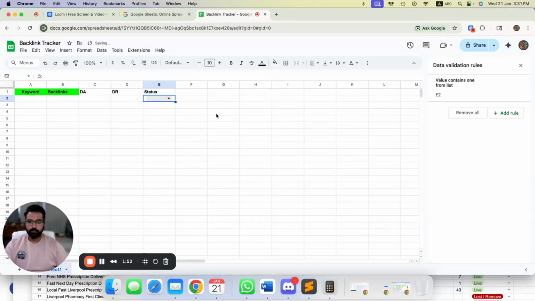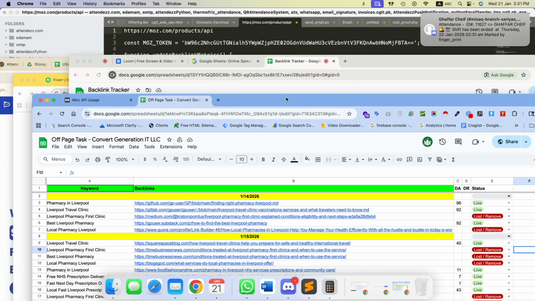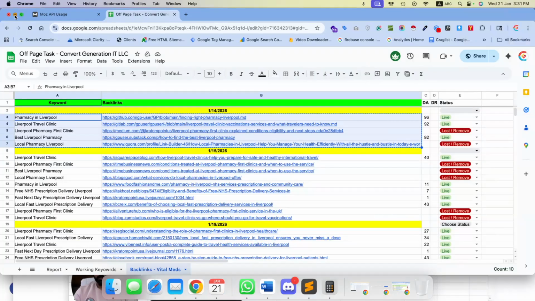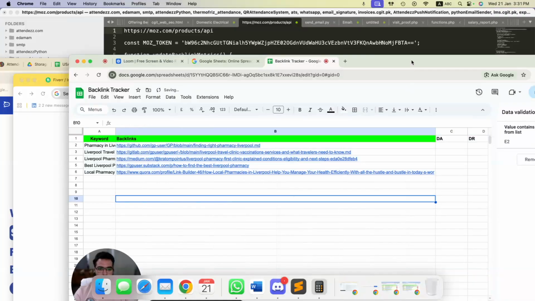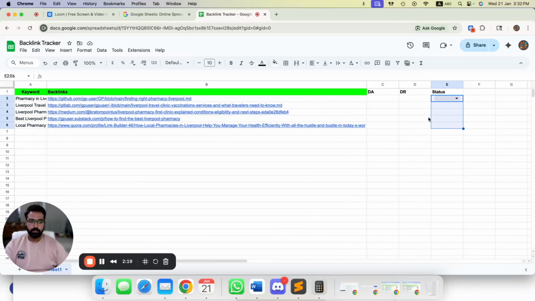Then after that, whatever links you need, you put them in. Let's say I'm just taking a small example and copying some links, for example here, and pasting them in our new sheet this way, and making it a little bit bigger. So here I need to make a Google Sheet with Apps Script where it will automatically check our DA